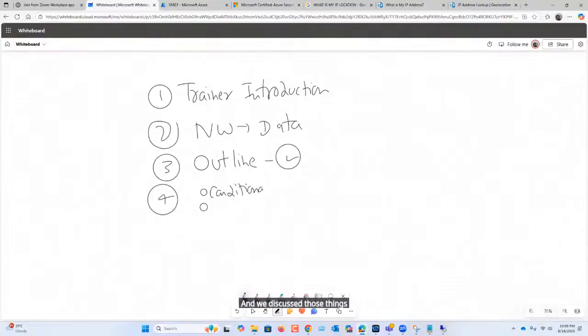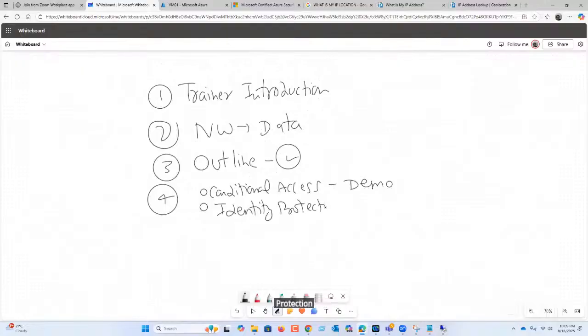One is conditional access with a demo for that, and one is identity protection. These are two topics. It comes up, and these two are part of AZ500.